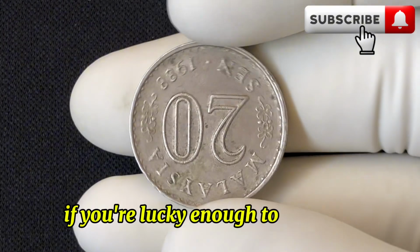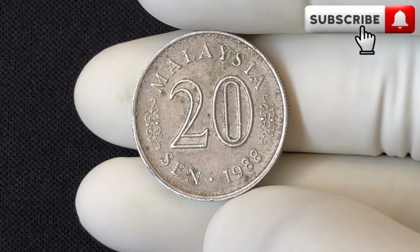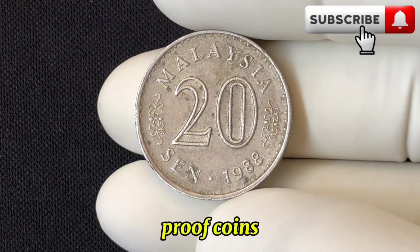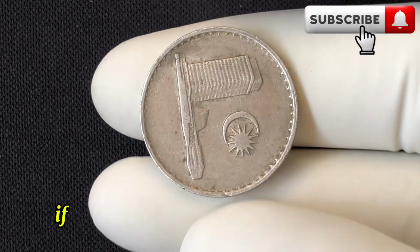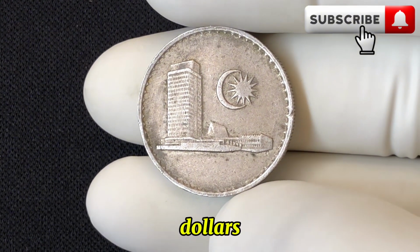If you're lucky enough to have an uncirculated or near-mint condition 1988 20-sen coin, the value can increase. These coins could fetch a price of around $1 to $5, depending on the buyer. Proof versions of this coin, although not commonly found, can be quite valuable. If you come across a proof 1988 20-sen coin, it could be worth anywhere from $10 to $20, depending on